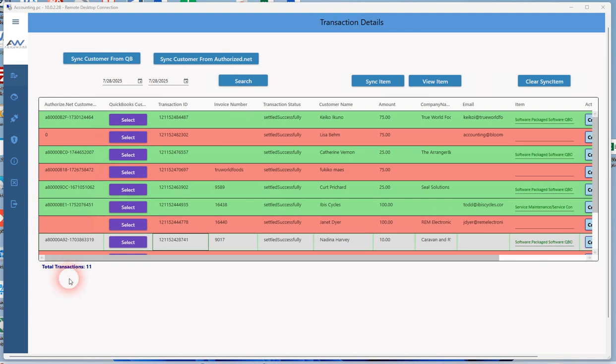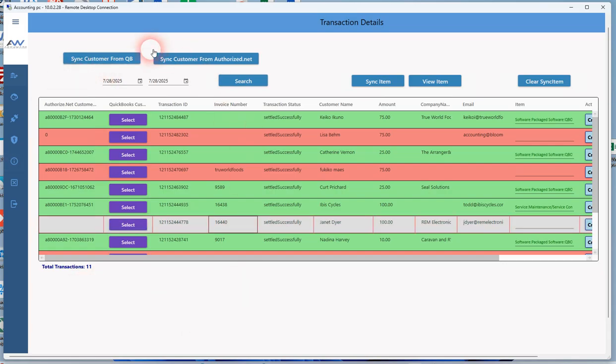Okay, this is the first of many future videos here for our new product, Invoice Connector, where we help you easily make invoices from your Authorize.net transactions that are processed on your Authorize.net account. So what we're showing you here is our grid. You can daily just pull in all the transactions from your Authorize.net account, and we can quickly make invoices